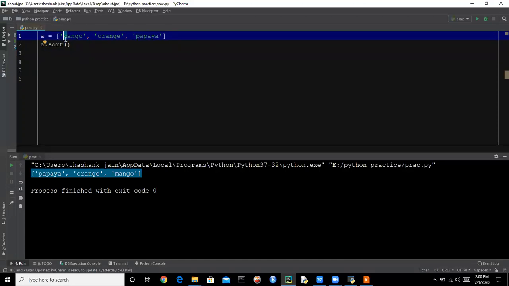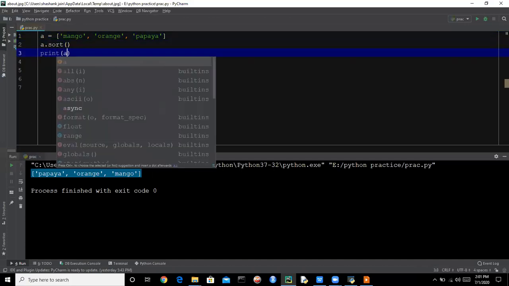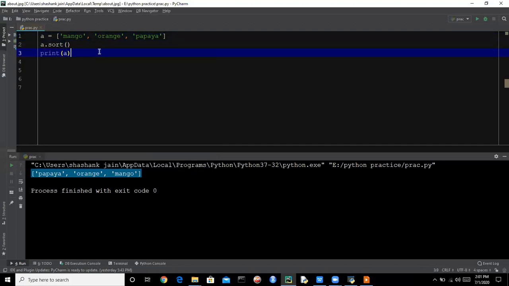So here we are having M, here we are having O and P. So alphabetically it will give you a list in ascending order. So let's print A. It is returning mango, orange and papaya.